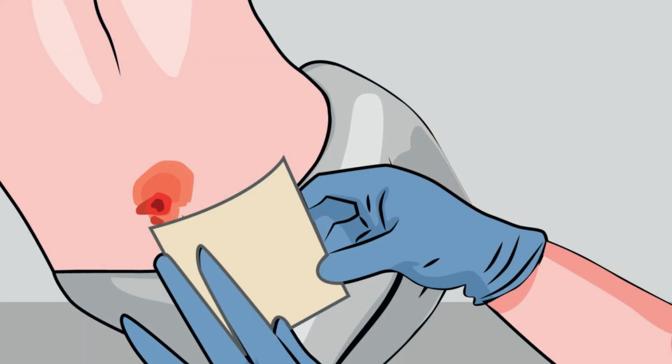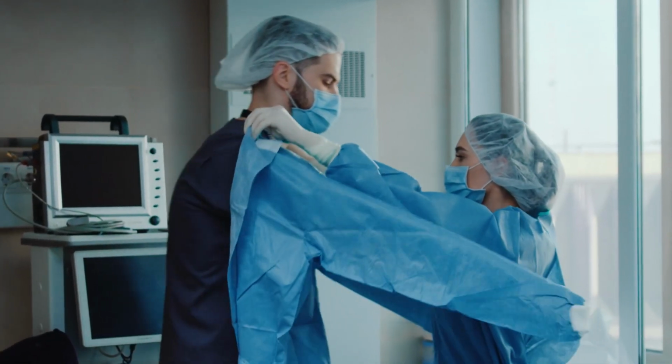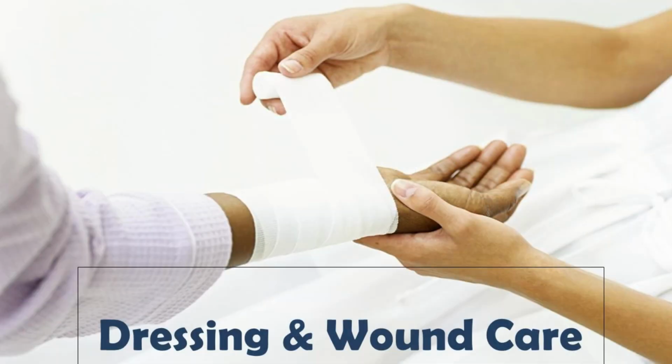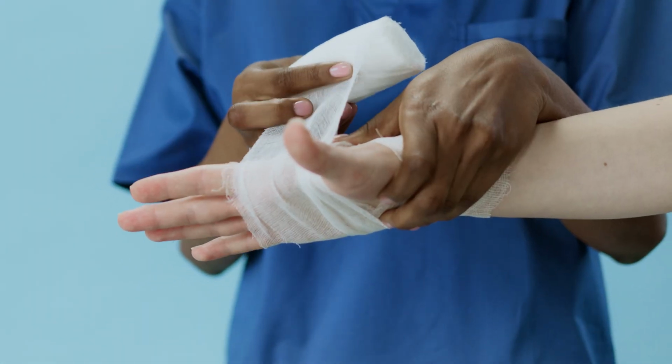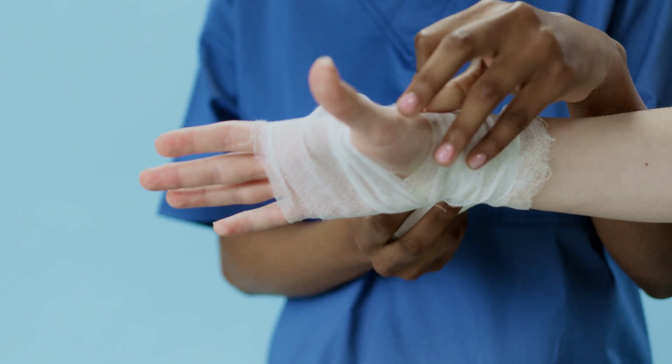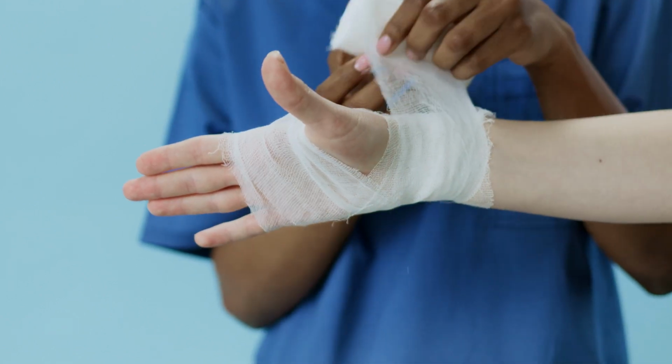Wound care is a very detailed topic and a proper wound care requires holistic approach. Being junior doctor or a surgical intern, we are not aware of wound care products. Even if we are aware of some products or wound dressings, we are still confused about which one to select for a particular wound. At the end of this presentation, you will have sound knowledge regarding wound care products and wound dressings that are available in the market, and you will confidently manage your patients and the wounds in both